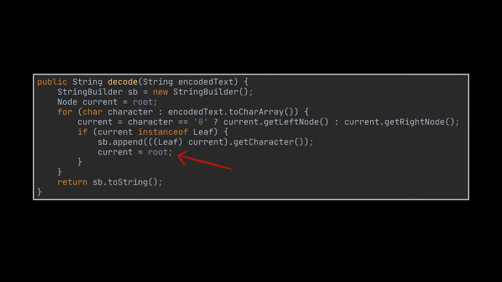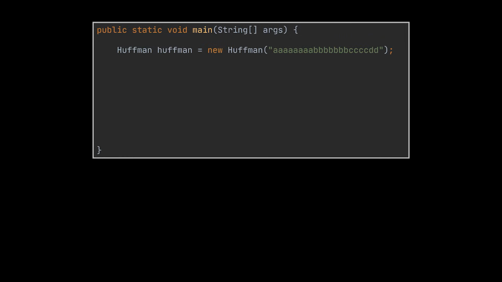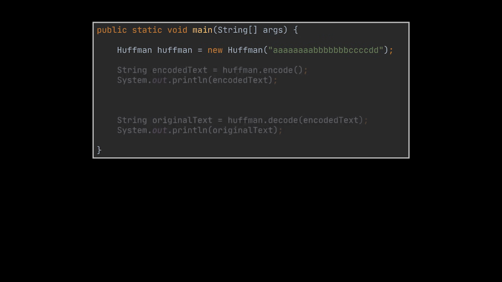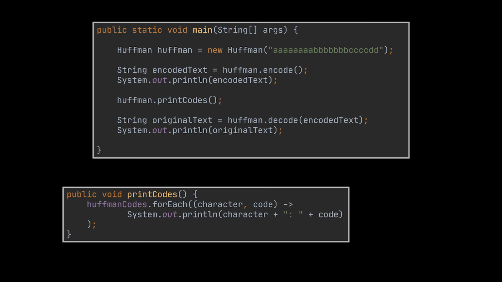To do that, I created an instance of the Huffman class inside the main method and provided it with the same text we used at the beginning of the video. I also invoked the encode and decode methods. However, because their output isn't very readable, I created a very simple helper method that will print the codes for us, because that is basically what we care about the most when implementing this algorithm. As you can see, the printed codes are similar to what we got at the beginning of the video and